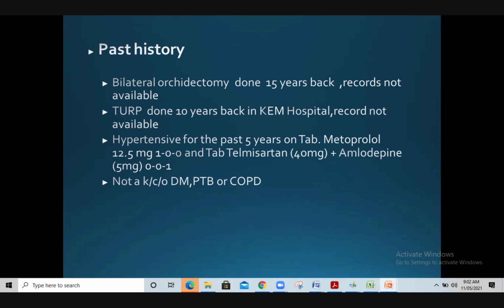Is it necessary that just because a man had an orchidectomy 15 years ago, and if he comes with hematuria now, then it must be the same disease? That's what you want to know. Are you thinking out of the box, thinking laterally? CA prostate, TURP stricture, agreed, he's got obstructive symptoms, but he's also got hematuria. This hematuria which has brought him. So, could there be any other reason for his hematuria? That's all we want to know.